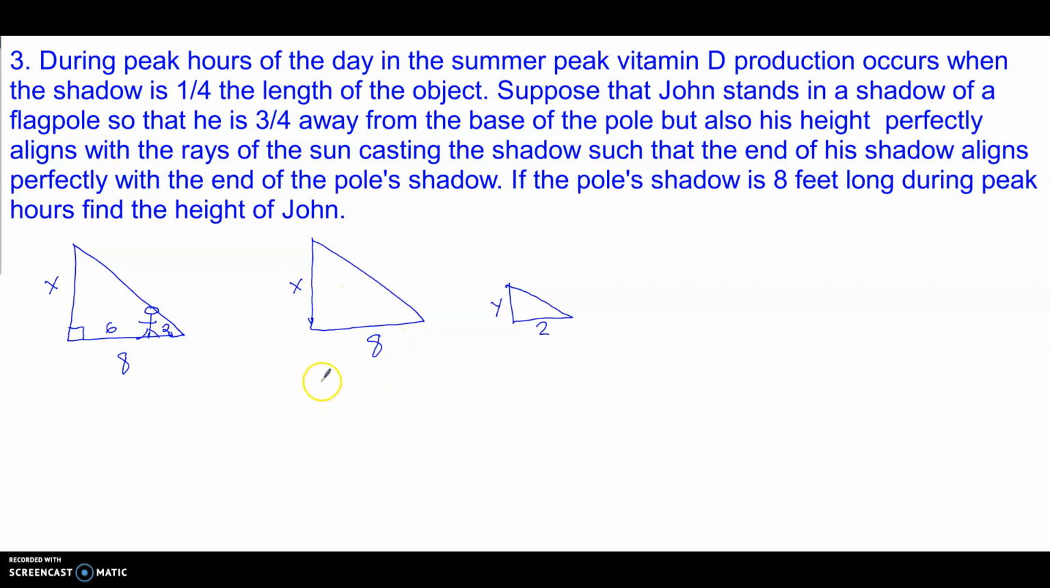So what that means is that x times 1/4 equals 8. And here, to get rid of this fraction 1/4, I'm going to multiply by 4. So I know the flagpole is going to be 32 feet. All right, so it's going to be 32 feet. So I want to find John's height. So here I could just use a proportion. I'm going to set up my two ratios. So 32